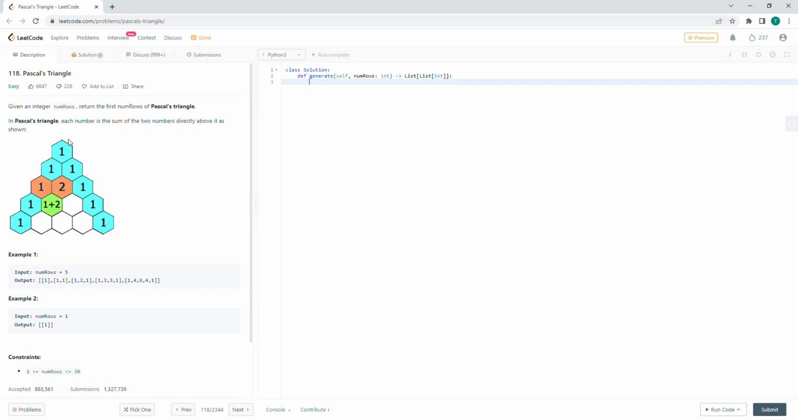Pascal's triangle. Given an integer numRows, return the first numRows of Pascal's triangle. In Pascal's triangle, each number is the sum of the two numbers directly above it, as shown. So Pascal's triangle is a basic combinatoric type of triangle. It's used to calculate polynomials as well, but basically Pascal's triangle is the sum of the